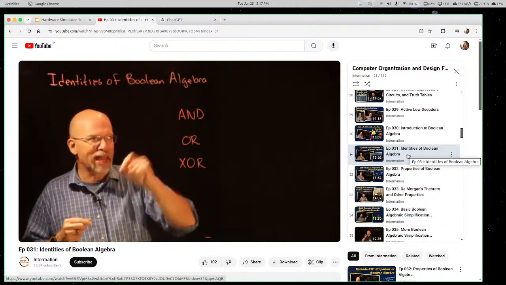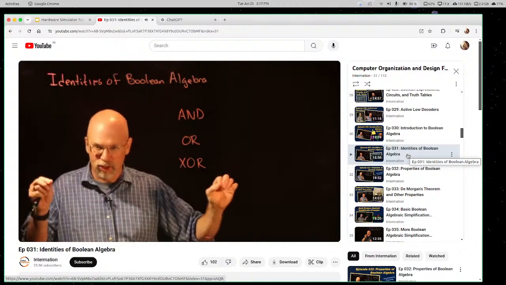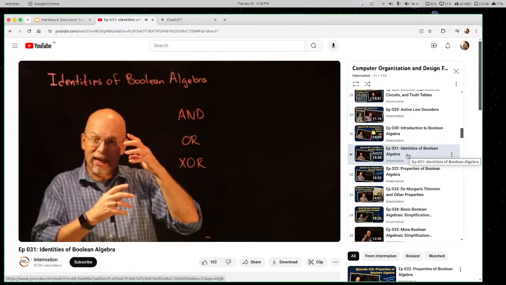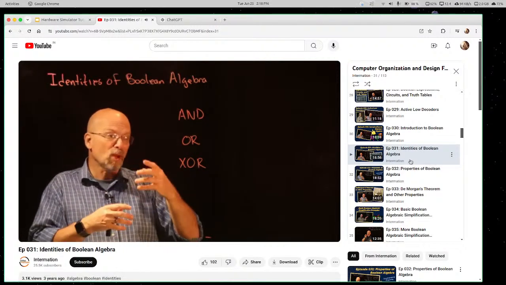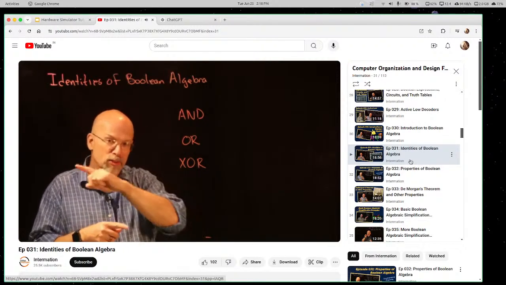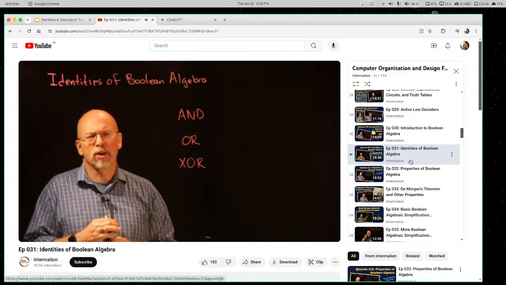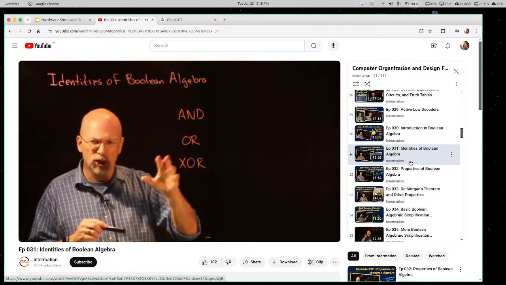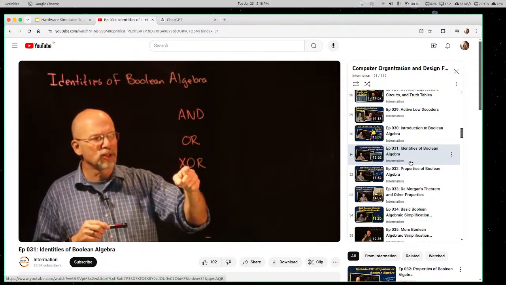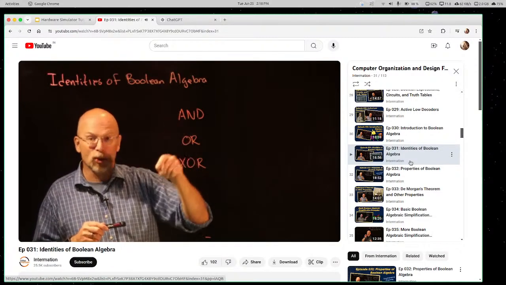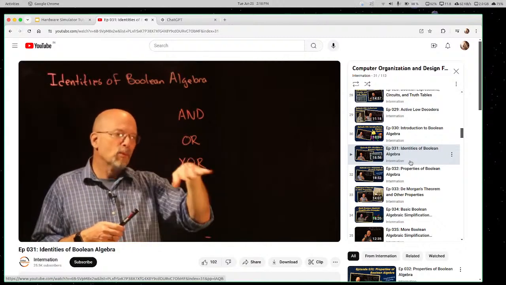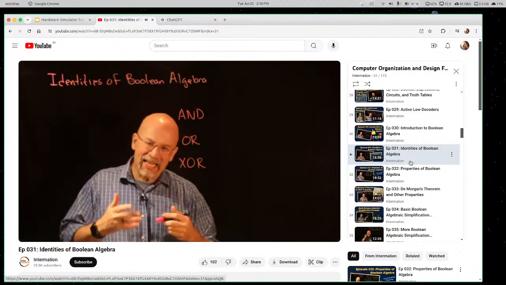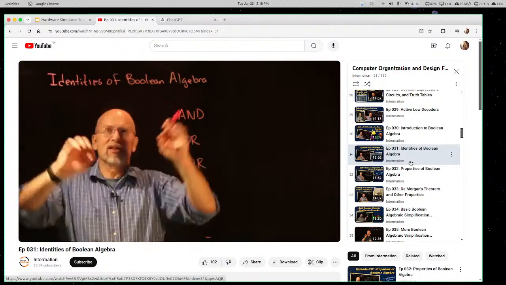We talked about how AND is kind of like a series of switches. All the switches have to be down for a connection to be made. We talked about OR being like parallel switches, where if any one of them is closed, we have a path. Exclusive OR doesn't have that kind of a configuration. We can't do something like that. It turns out that an exclusive OR is made up of ANDs, ORs, and NOTs. But we're going to do this in this identities of Boolean algebra table just to kind of see the uniqueness that these